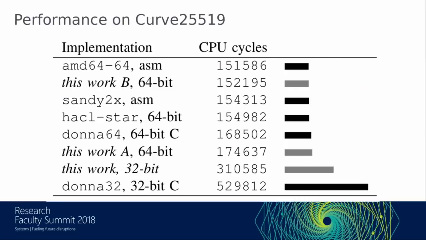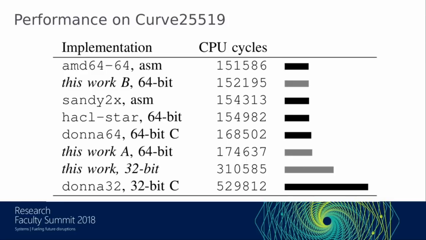And if we compare performance on Curve25519, which Google wants to talk to you if you try to connect to their main website, if your browser supports it, it'll use this one. And here are some examples of how many CPU cycles are needed for one of the top-level elliptic curve operations. I forget which one. And we can see there's our code up at the top there.